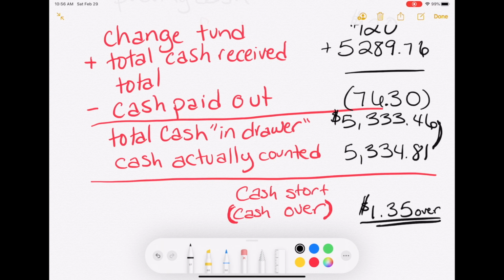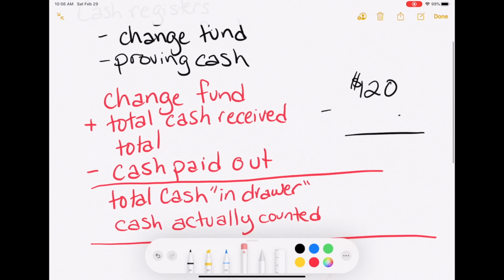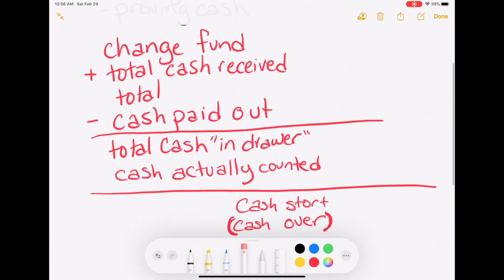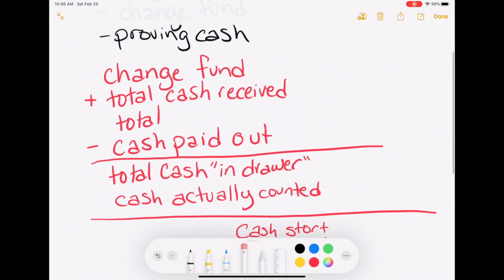Okay, so let's go ahead and do B together, just to make sure we have it. And again, it's best to just keep this format going, even though it's kind of long to write out. This is something you definitely want on a note card for a quiz. So B says that Coletta put $80 change into the cash register. So